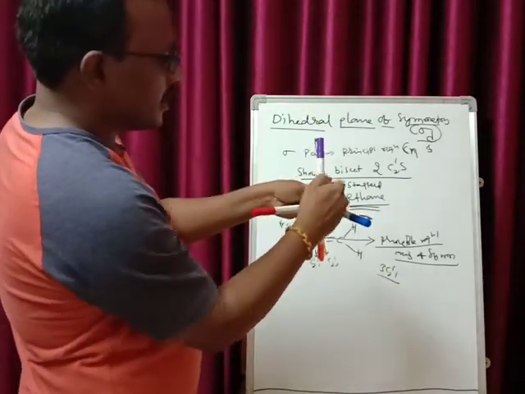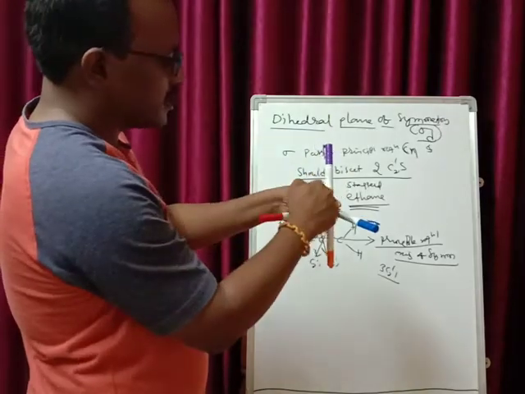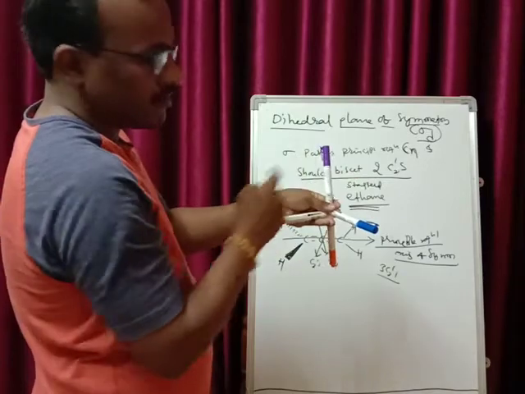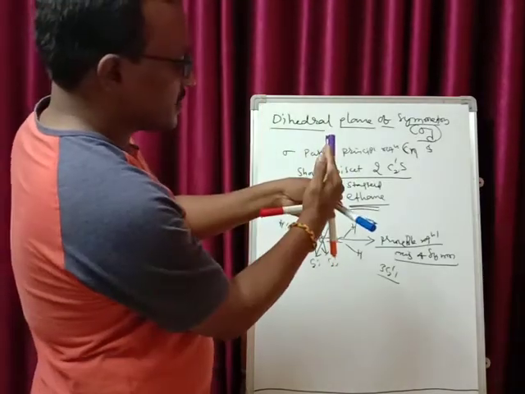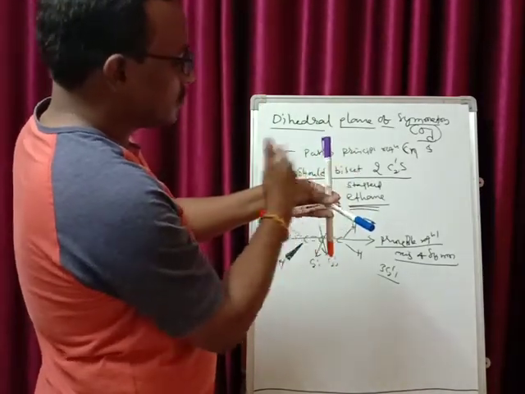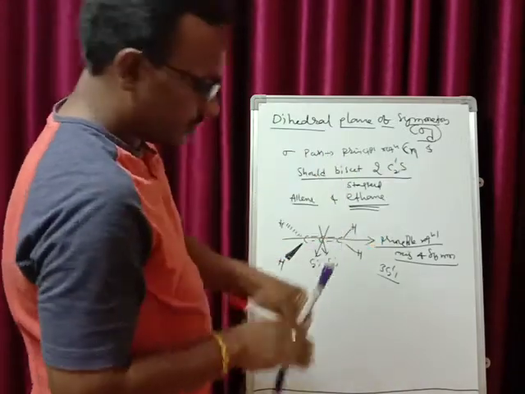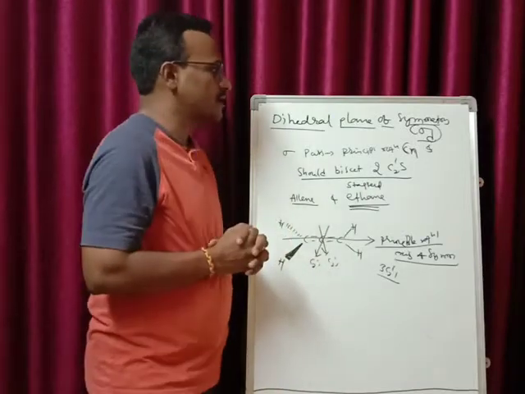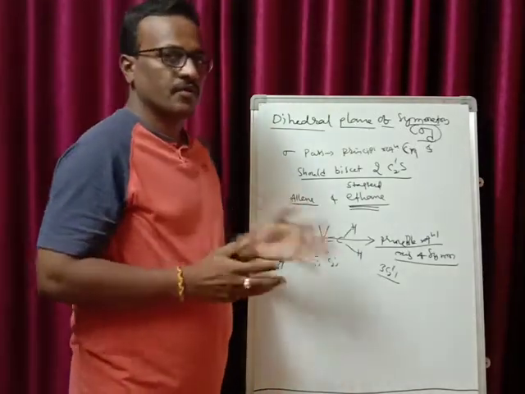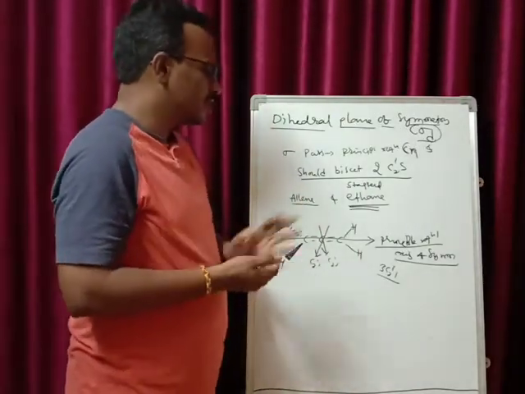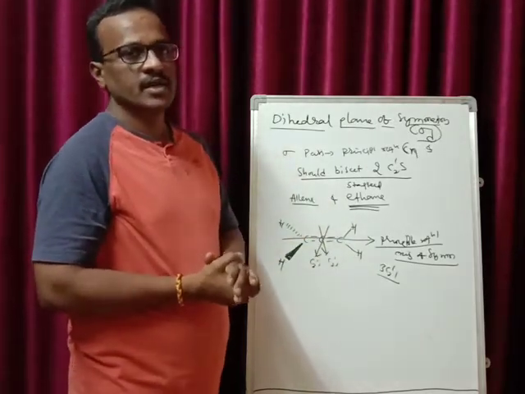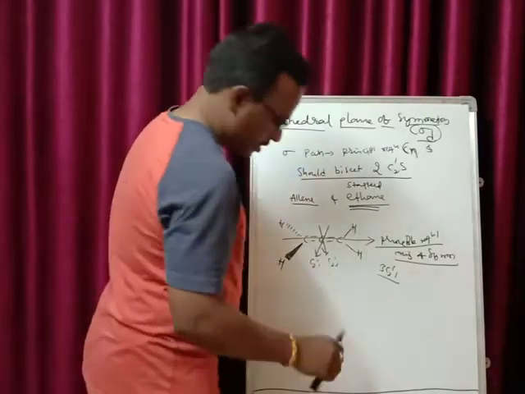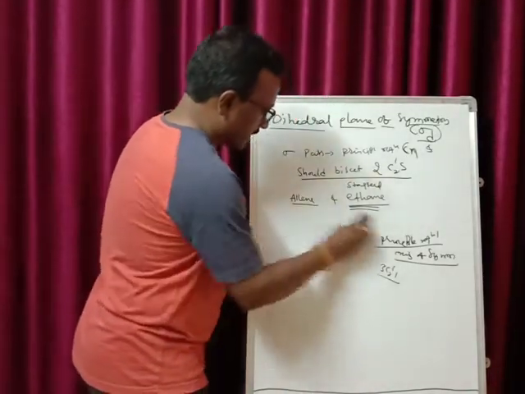Whenever the plane is passing, you have a C2 here. You have another C2 in between these 2 atoms, and along between these 2 you have one C2. So whenever it is passing through the principal axis and the 2 C2s are bisected, it has the dihedral plane of symmetry. So this is the dihedral plane of symmetry of your allene molecule. Similarly, in staggered ethane also you have a dihedral plane of symmetry. I'll just try to show you diagrammatically.